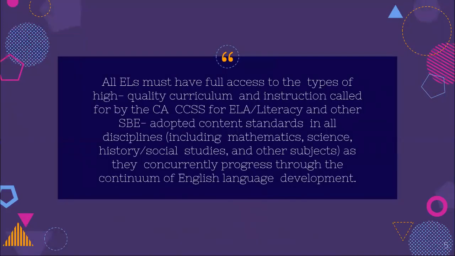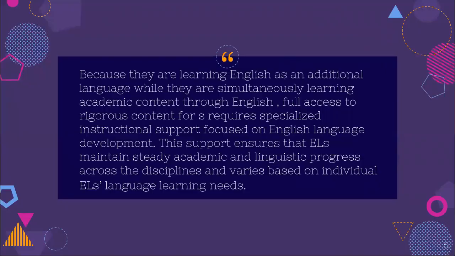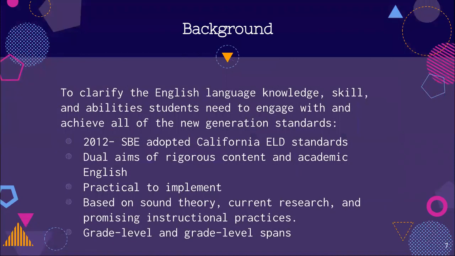This quote from the framework explains, all ELs must have access to the types of high-quality curriculum and instruction called for by the California Common Core State Standards for ELA literacy and other state-adopted, SBE-adopted content standards in all disciplines. This includes math, science, history, social science, and other subjects, as long as they concurrently progress through the continuum of English language development. With that in mind,